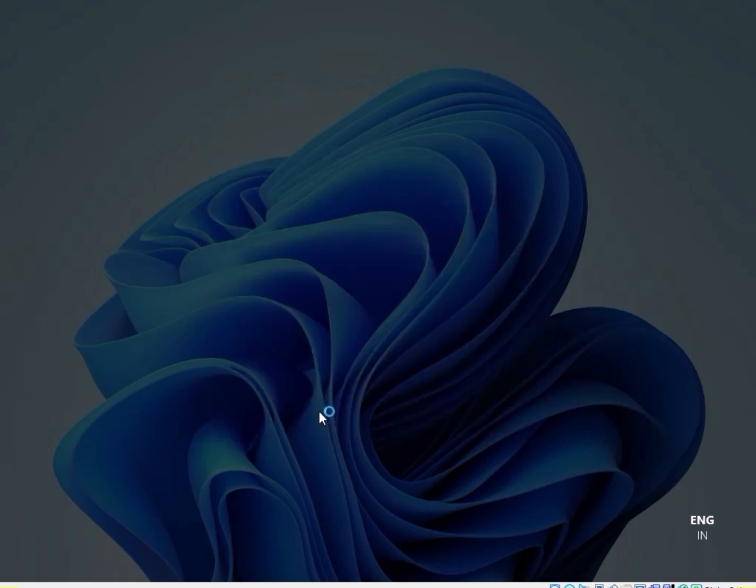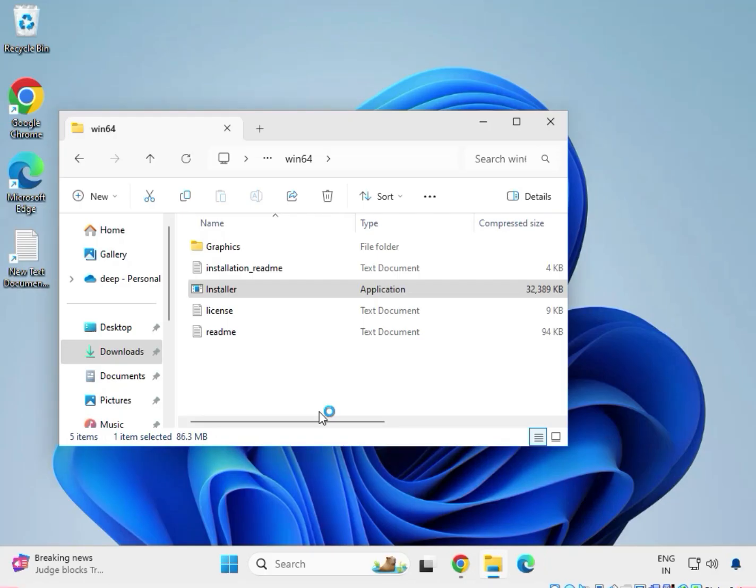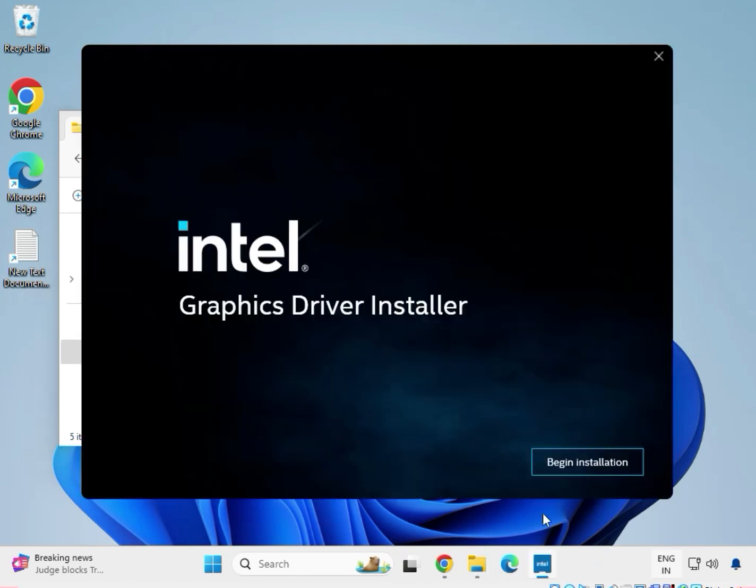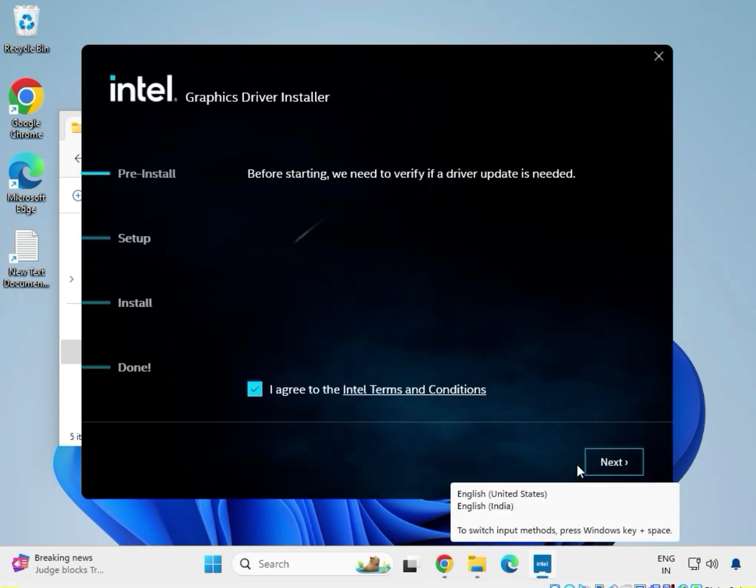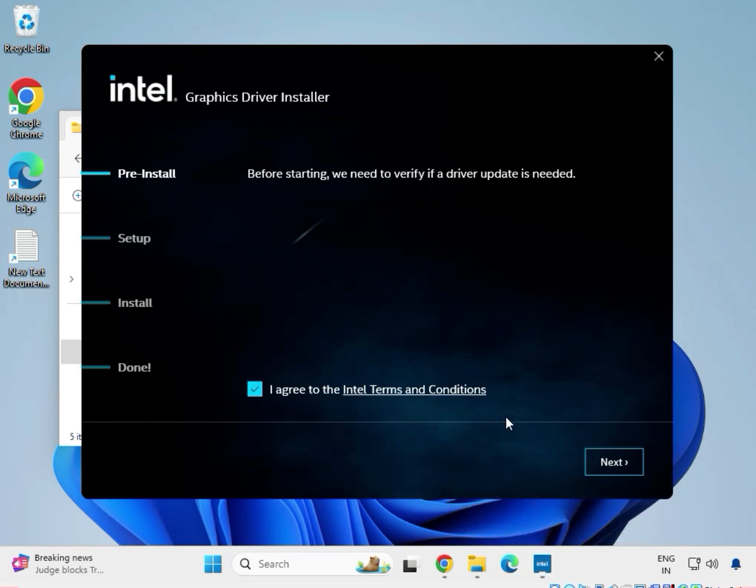Then click on yes. Then begin the installation, click on this. Now you can see this is pre-install, setup, install, and done. So just click next to install, and after that is completed, just install it. Okay,